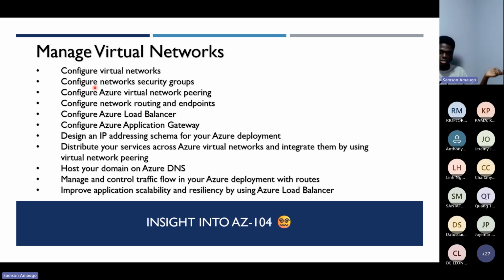subnets, how to set up subnets, how to define your IP address. You also have to be familiar with the network security group, which in short form is known as NSGs. So the network security group, you can see it as a container for different virtual IPs. So this container defines rules. It's more of a firewall that controls the inflow of traffic through your virtual machine, through your virtual networks,